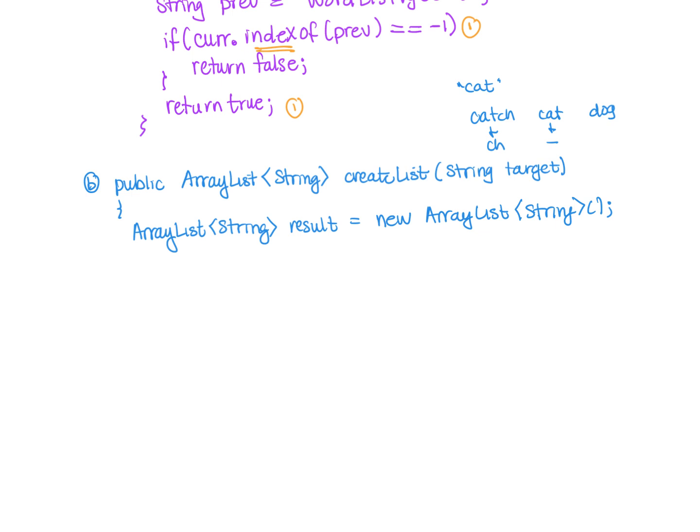We're going to have to traverse our word list. We can use an enhanced for loop on this one. We couldn't on the previous one because we were comparing two terms, so we really did need to have the index. Remember, with an enhanced for loop or for each loop, you must start at the very beginning and traverse exactly in order all the way to the end. You lose the position at any given time, you just know to go to the next piece. So for String current in my word list,